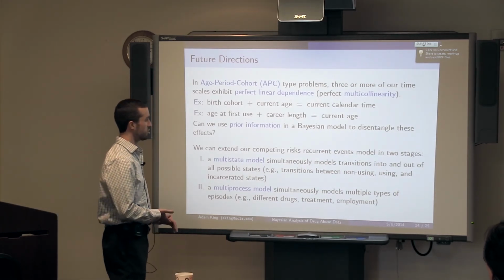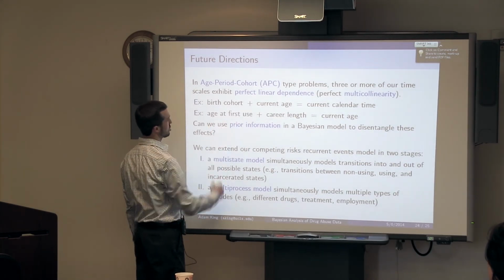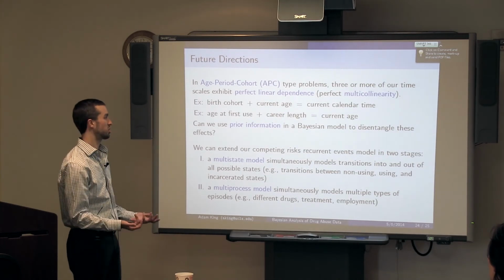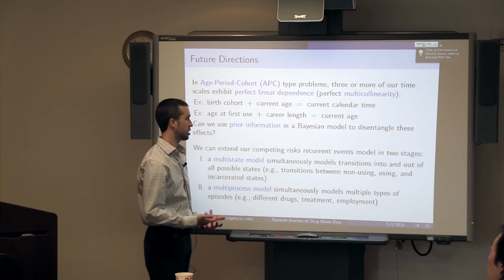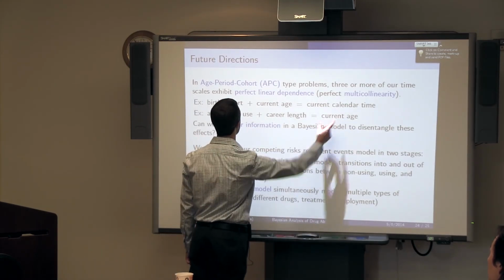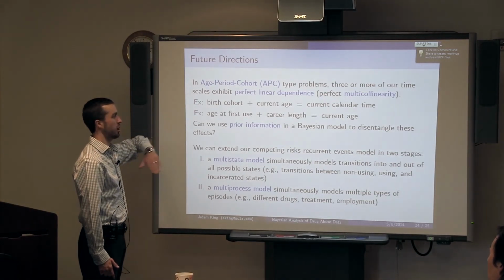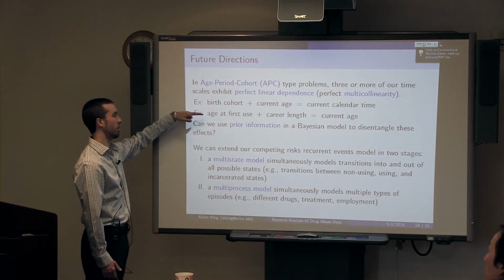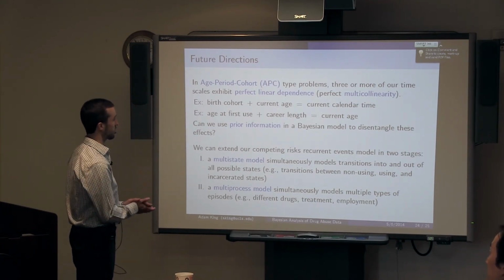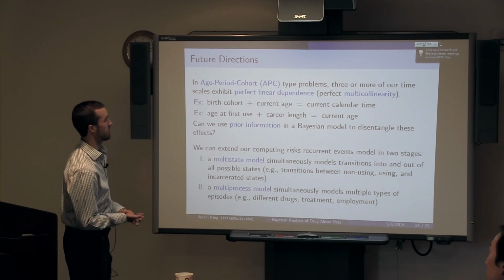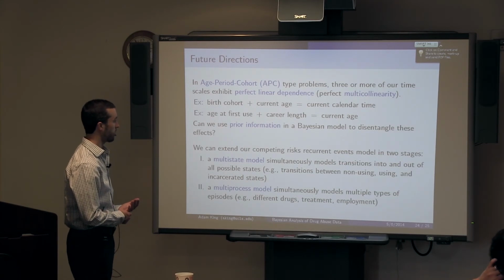And then again, this also shows up in episodic data problems where you have age at first use, or also just age at which a certain disease begins, total duration of drug use, or time since the person first came down with the disease, and that's always equal to current age. So even if you don't have a classical age period cohort problem, often in episodic data problems, you encounter a different form of age period cohort problem. And the question is, maybe we can use prior information in a Bayesian context to try to disentangle these effects. Another thing is